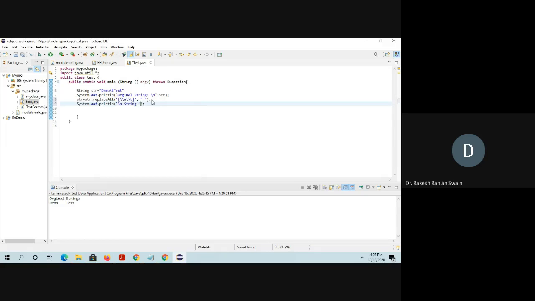String after removing tabs and new line. So let's print this.